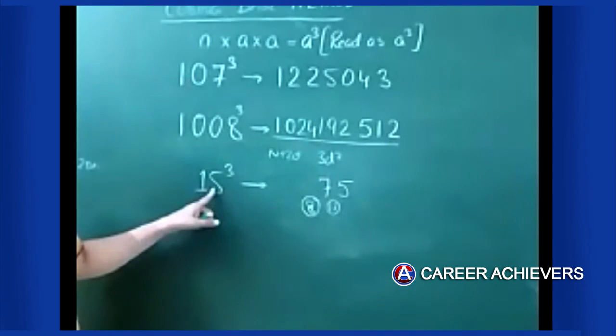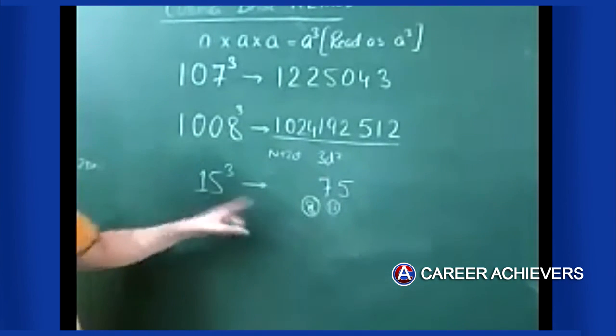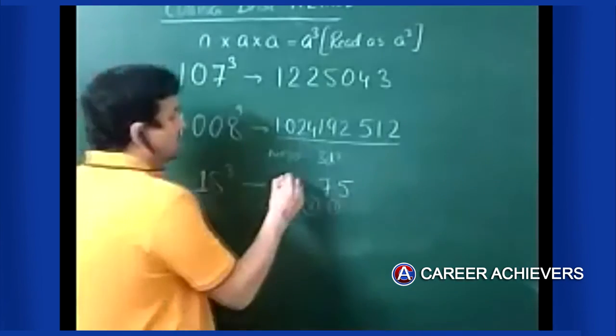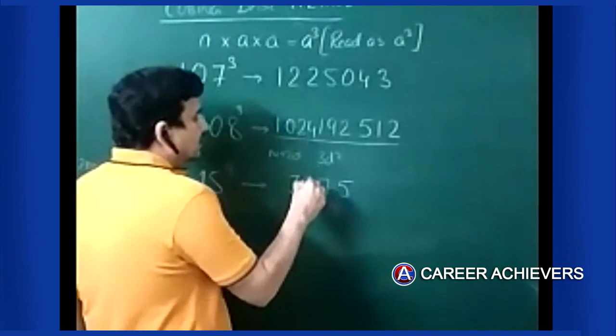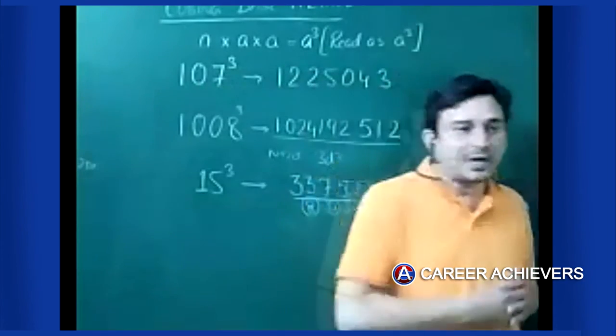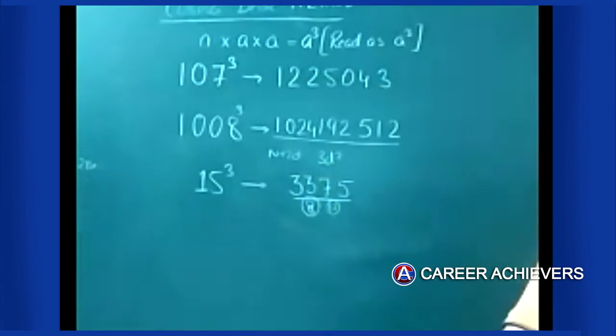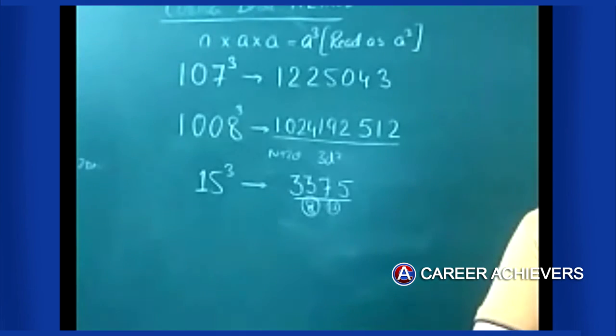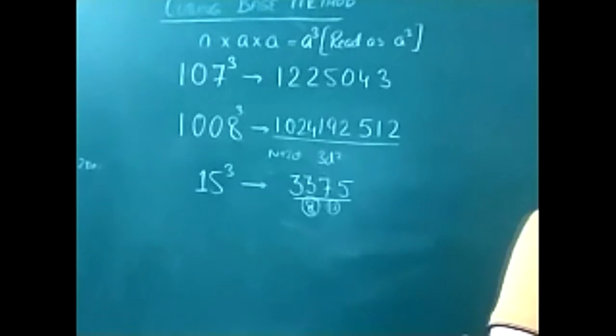Here we have 15. 15 plus 2d. 2d is 10. 15 plus 10 is 25. And 25 plus 8 is 33. So the answer is 3375. Clear? Sir, I got confused at the second step. I did 5 into 2 instead of 5 square. My answer is 3775. No, Arna, 3775 is not correct. It should be 3375.